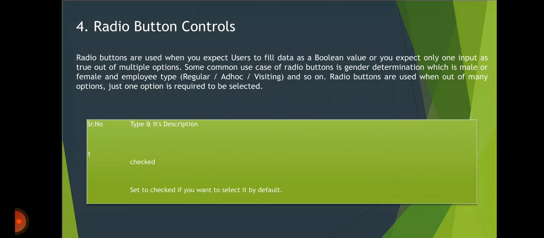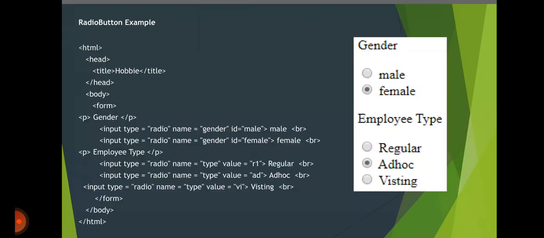Radio buttons are used when out of many options, one option is required to be selected. Checked: set to checked if you want to select it by default. This is the example of radio button. We can declare input type is radio, name gender, ID male, and input type radio and name gender, ID is female. And next